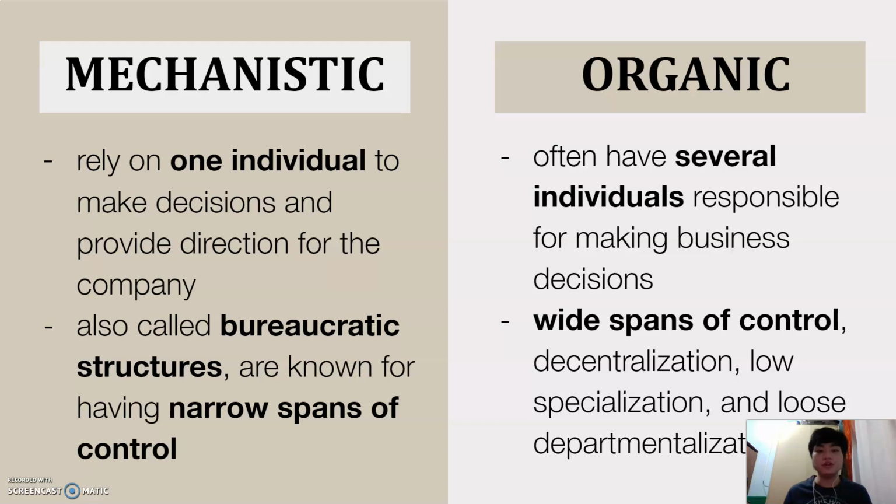Organic org structures, also known as flat structures, are known for their wide spans of control. This model may have multiple teams answering to one person and taking on projects based on their importance and what the team is capable of. The flexibility that an organic structure allows can be extremely helpful to a business that's navigating a fast-moving industry or simply trying to stabilize itself after a rough quarter. It also empowers employees to try new things and develop as professionals, making the organization's workforce more powerful in the long run.